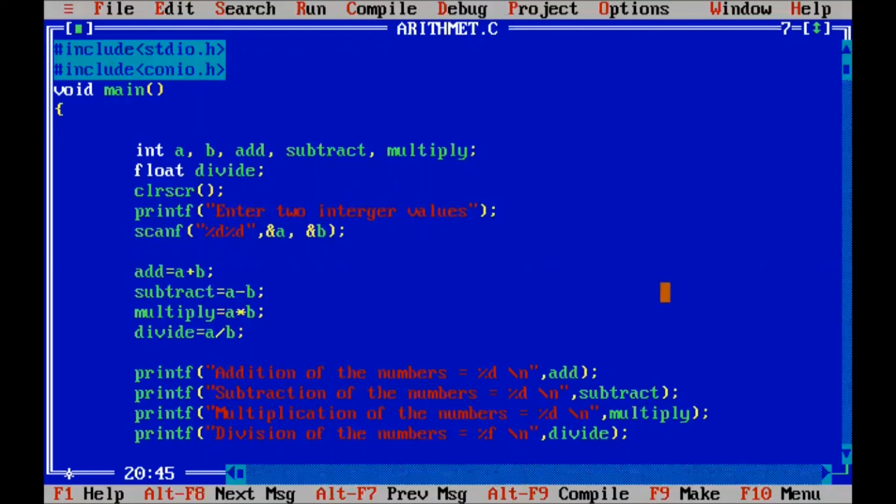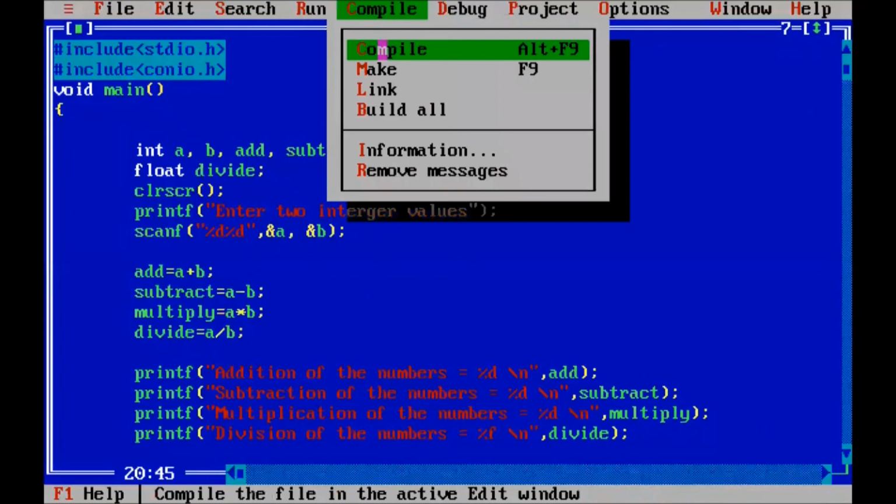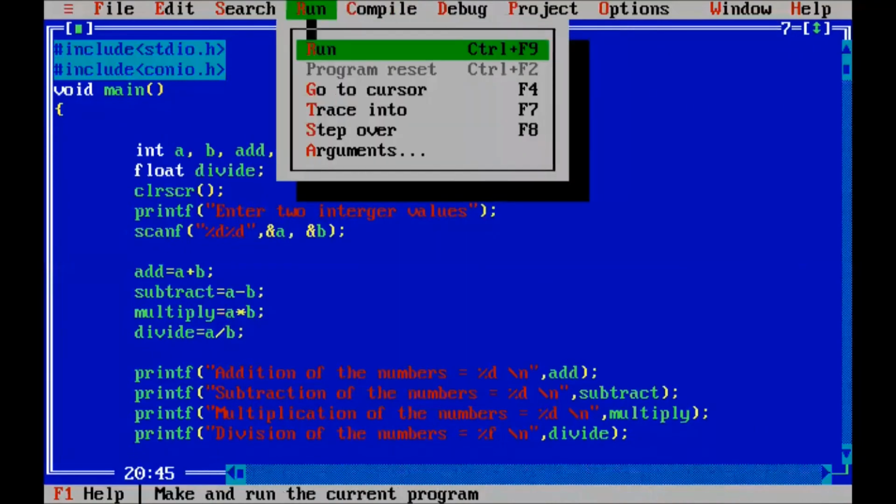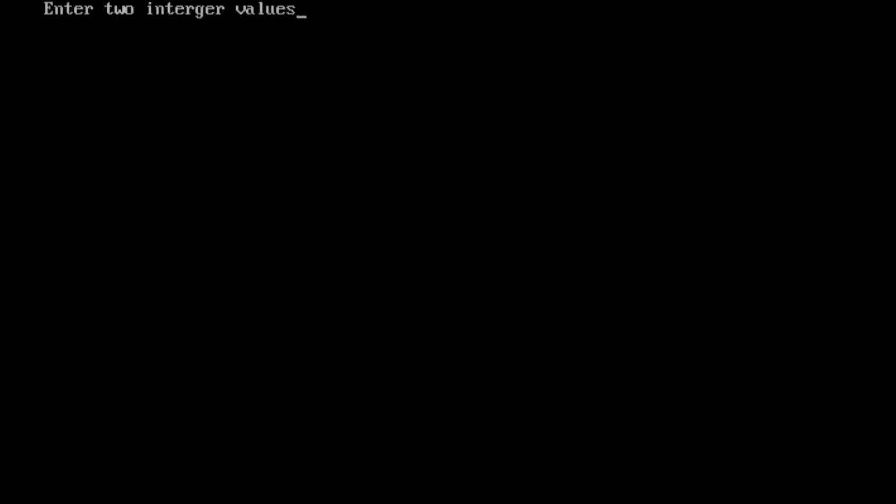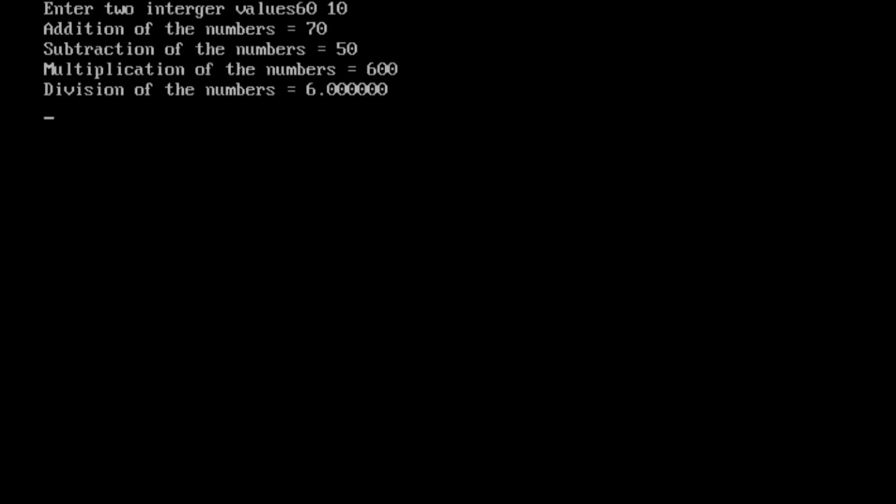Okay, we again save this program, compile and run. We once again give the values 60 and 10. Here the division output is correct: 60 divided by 10 is 6.00.